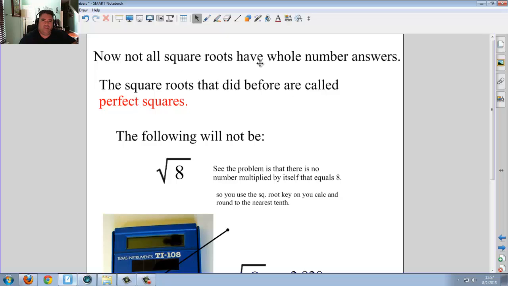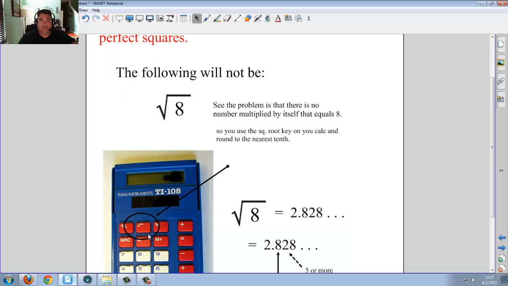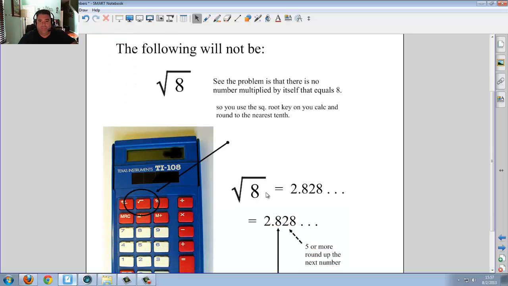Now, not all square roots have a whole number answer. The square roots that we did before are called perfect squares. The following will not be. For instance, the square root of 8. The question was, what times what makes 8? Well, you could say 4 and 2, 1 and 8. But if I said what same number times itself makes 8, that's a problem. What you would do is use the root key in this calculator or others like it. If you root 8, you get